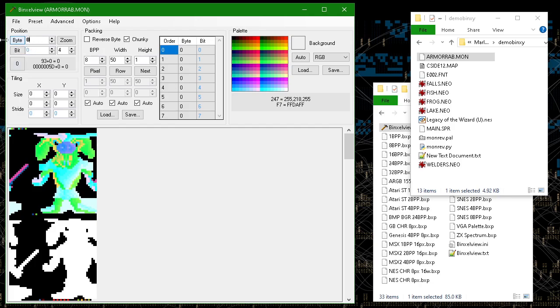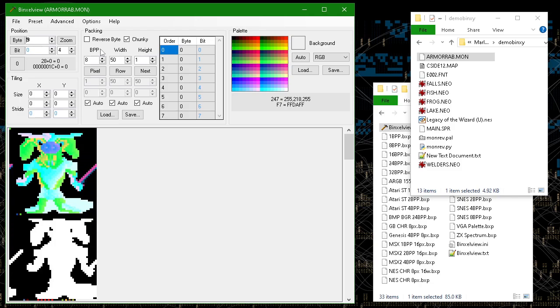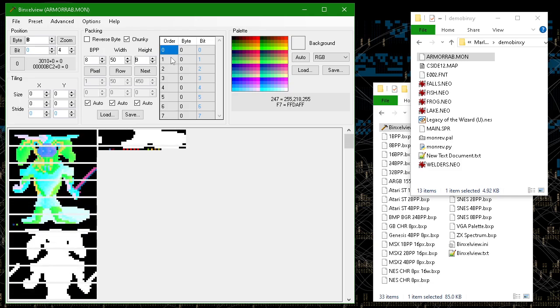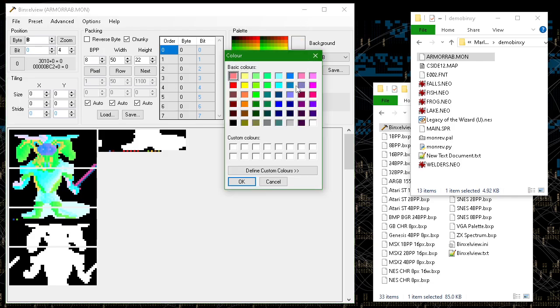The next thing is maybe you want to pick a starting position. There's some bytes at the start of the file, so we'll just advance until it looks like we've captured the image. When the height is 1, it'll just stack each row of pixels vertically. But as soon as you have a larger height, it puts a gap between each image. And you can customize the color of the gap if you want.